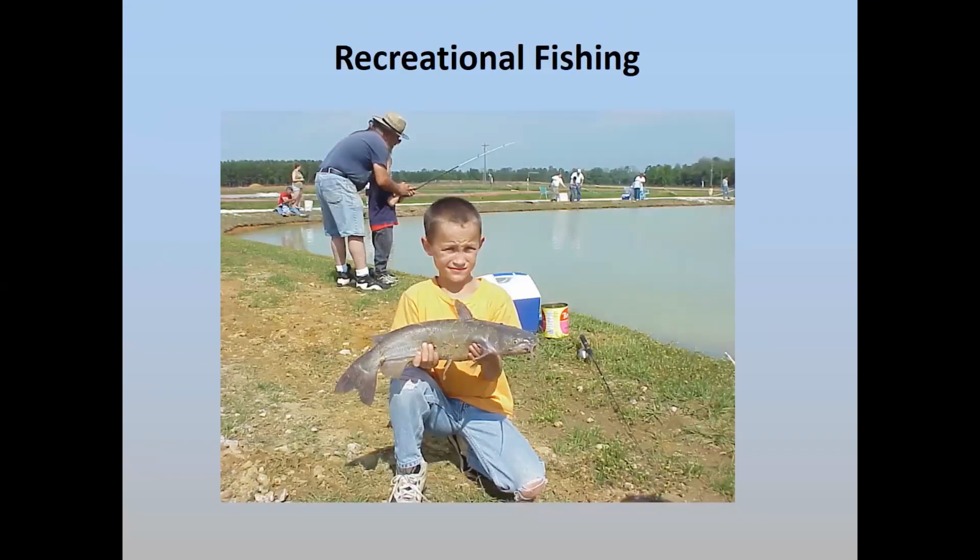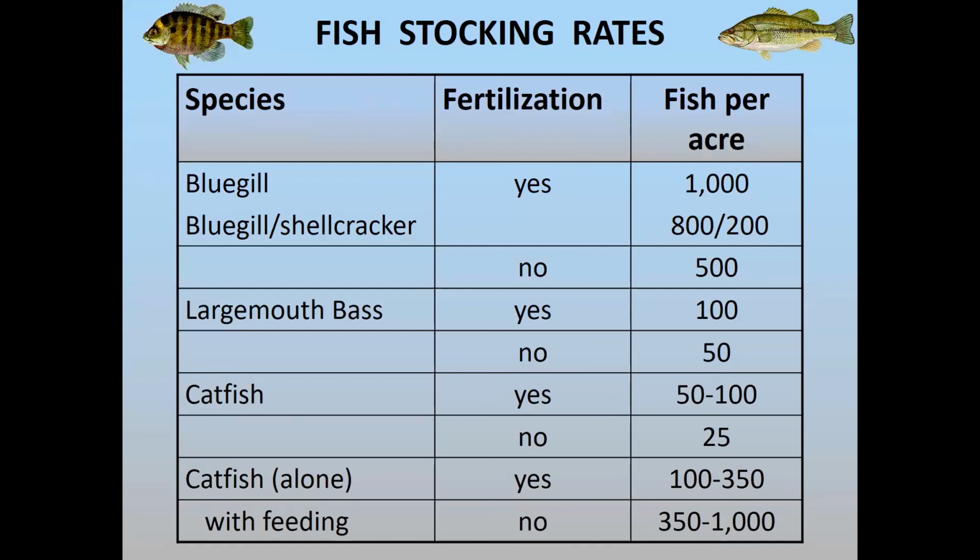Recreational fishing is often an important end use for a pond, and can provide a lot of recreation and opportunities for a community. So here's some general information. Again, that Aquatic Plants Texas A&M link has some information on that. It just gives you some information about